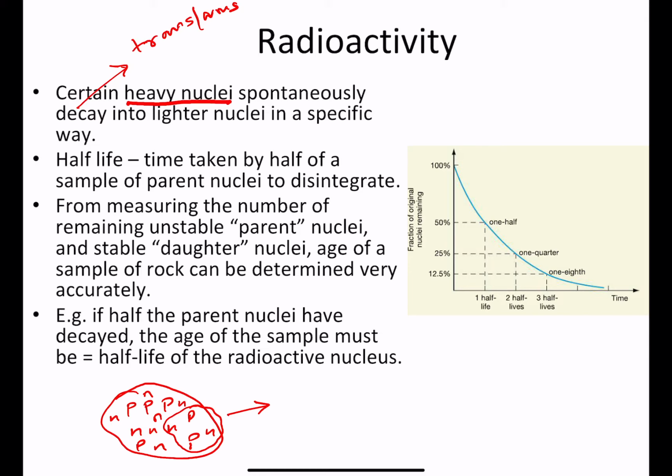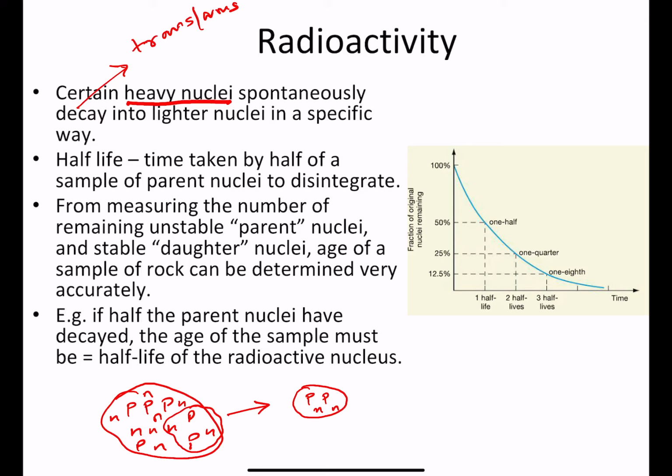And this unit that just took off, which consists of two protons and two neutrons, what kind of nucleus is this? Since this has two protons in it, it's obviously a helium nucleus. The simplest nucleus is hydrogen, which has one proton, and the second simplest nucleus is helium, which has two protons. So this large nucleus just shot out a helium nucleus and transformed into another nucleus which is short two protons and two neutrons. This is one way in which a heavy nucleus can transform into a lighter nucleus.